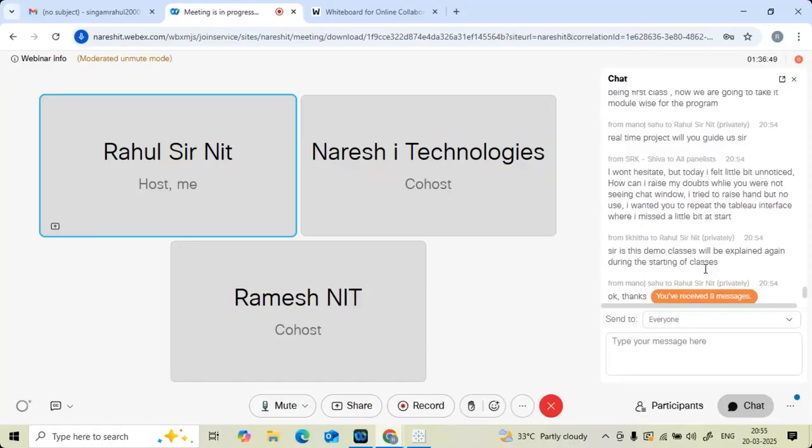If anyone enters a chat message, I get a notification ping. For the demo class, I joined online, not with WebEx Meet, in an online tab, so I didn't get those pop-up messages. If I need to check the questions, I need to come back. But usually if you ask any question, I'll get a pop-up message and clarify then and there. If anyone raises a hand, I can also give unmute access.